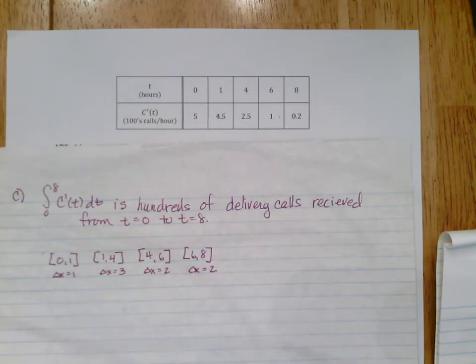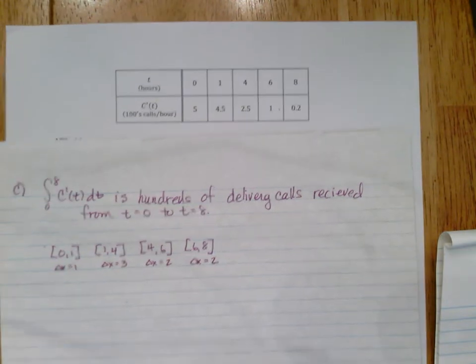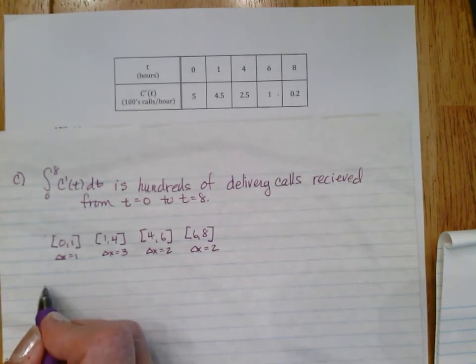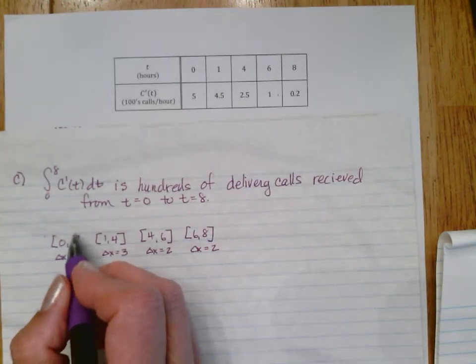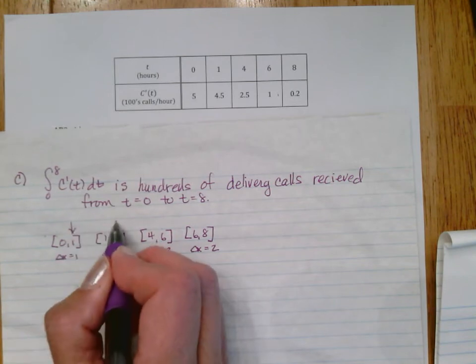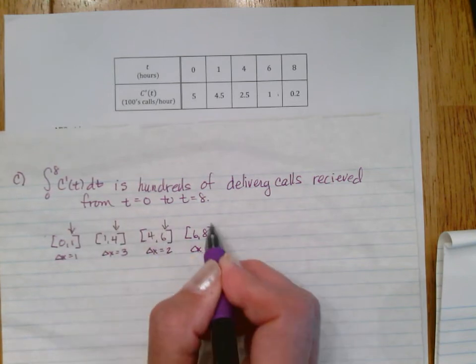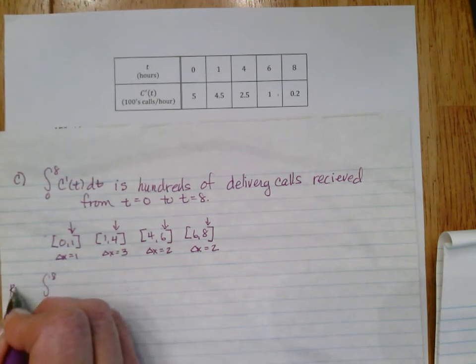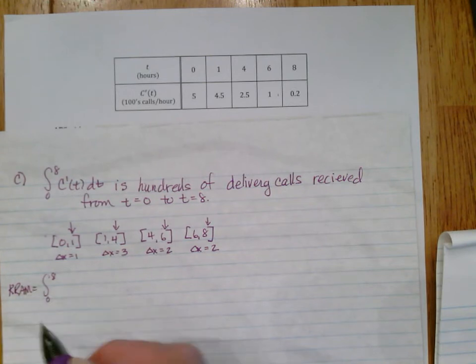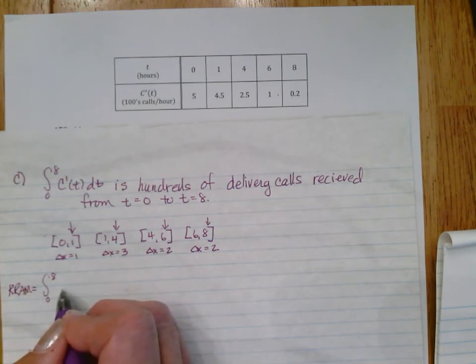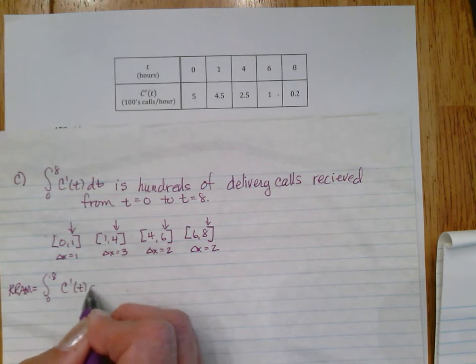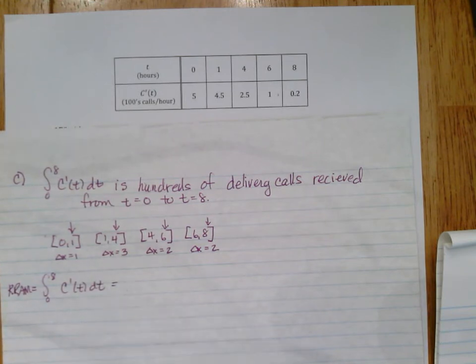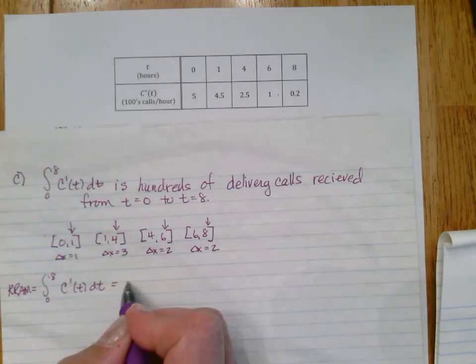Now you don't have to write all this down, but I want to make sure you see where all these numbers are coming from. So, and we want right. So this is the right side. So those are the function values that we're going to use. So the integral from 0 to 8 using a right Riemann approximation of C prime of t dt, always use good notation, is delta x,